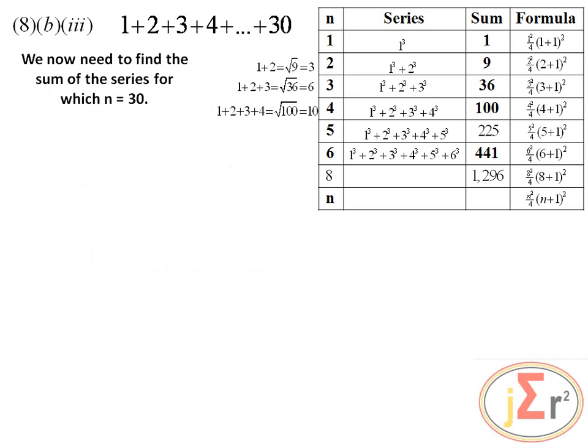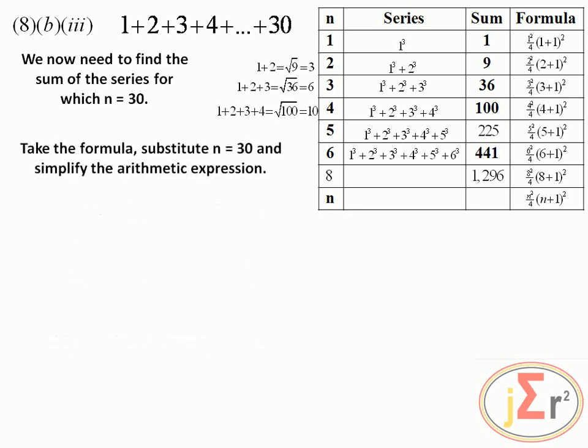1 all the way up to 30, and we know the form that the result will have. We will take the formula, substitute n equal to 30, and simplify the arithmetic expression. The expression found on the previous slide is n over 2 multiplied by n plus 1. So there is our formula, and we will substitute n for 30. 30 over 2 is 15, and 30 plus 1 is 31. So 15 multiplied by 31, and your answer is